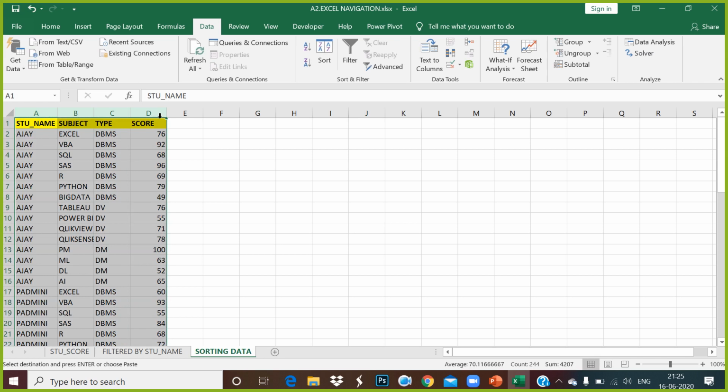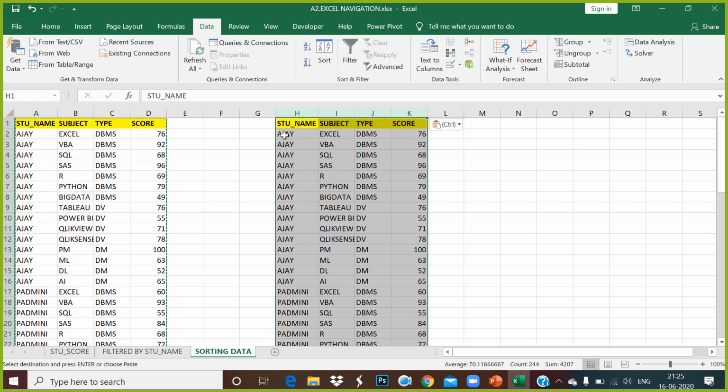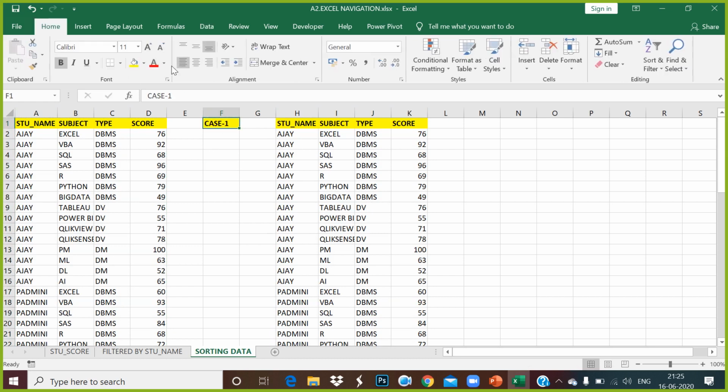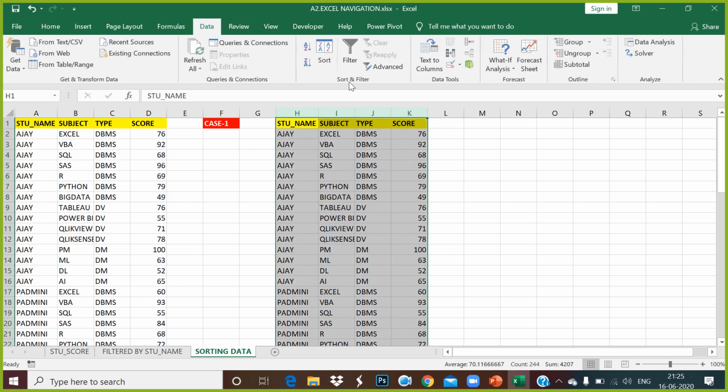Okay guys, so I select this here, I paste this data here, and I call this case 1. In case 1, somebody says, could you please sort the data by student name? So what I can do is select this data, go to Data, and choose not A to Z or Z to A, but rather custom sorting.